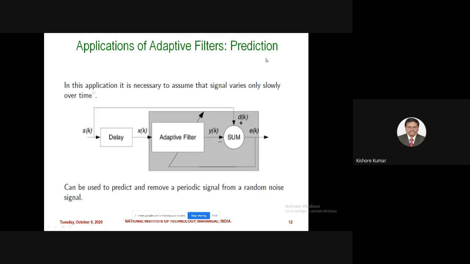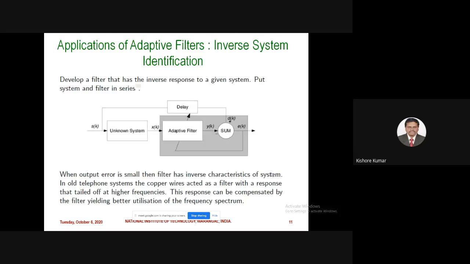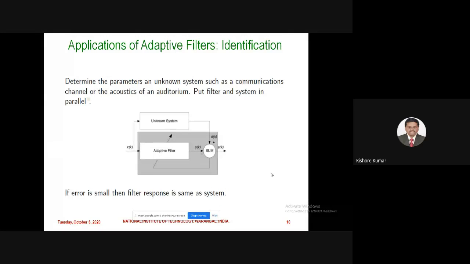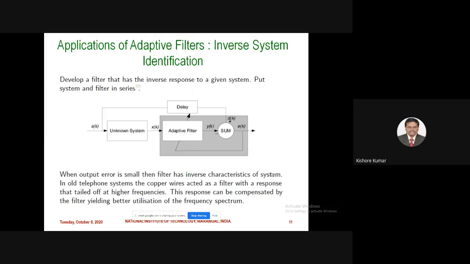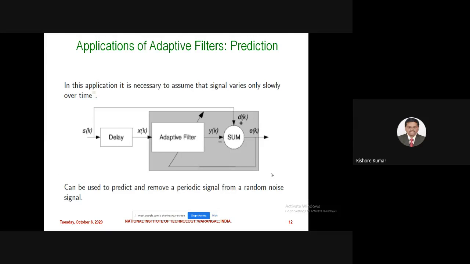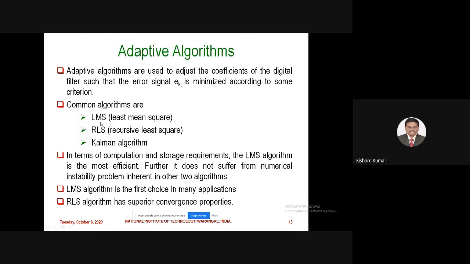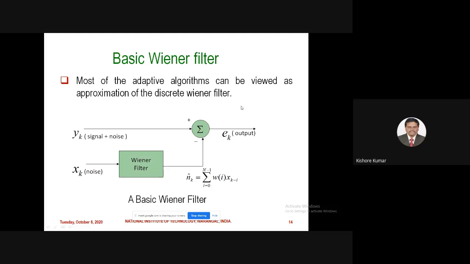Then prediction. In this application, it is necessary to assume the signal varies only slowly over time, with a delay and adaptive filter. So the three applications are system identification, inverse system, and then prediction. And here the adaptive algorithms, as I told you, are LMS, RLS, Kalman algorithm, which we can use. Basically the Wiener filter is there, but this Wiener filter is an open loop system,